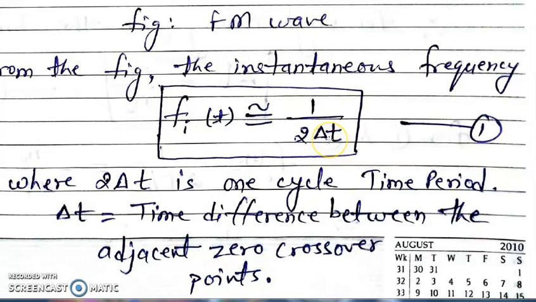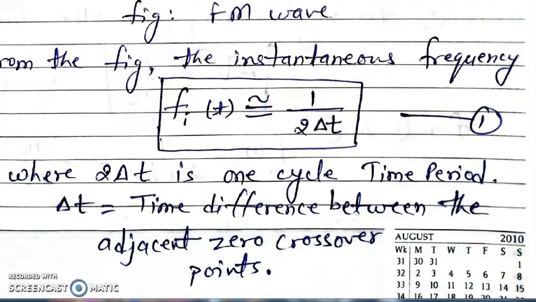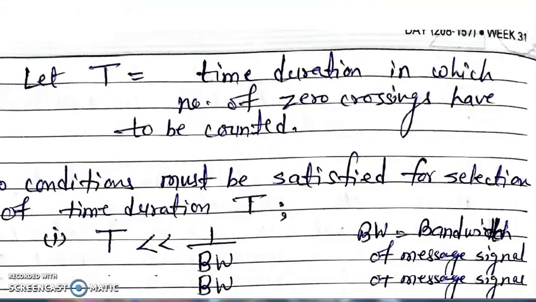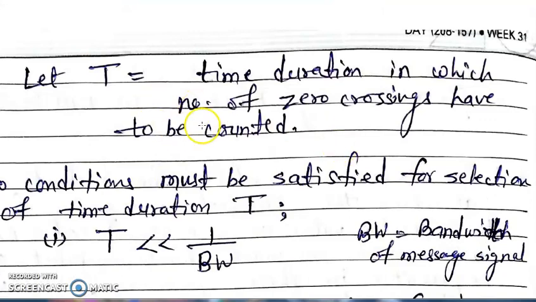Del t will be smaller if frequency is higher, and del t will be greater if frequency is lesser. So here del t is the time difference between the adjacent zero crossover points. Now as I have told, what is capital T? If we assume capital T is the time duration in which the number of zero crossings have to be counted,